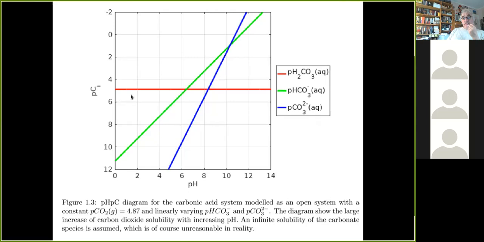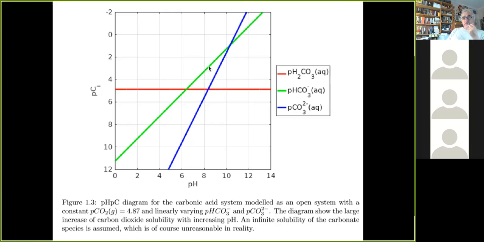If we just let that line be straight, one can say that carbon dioxide is in principle soluble in water, but at pKa the hydrogen carbonate starts to form. So at pH values above pK1, the carbon dioxide will transform to hydrogen carbonate, and the hydrogen carbonate can actually form quite high levels of